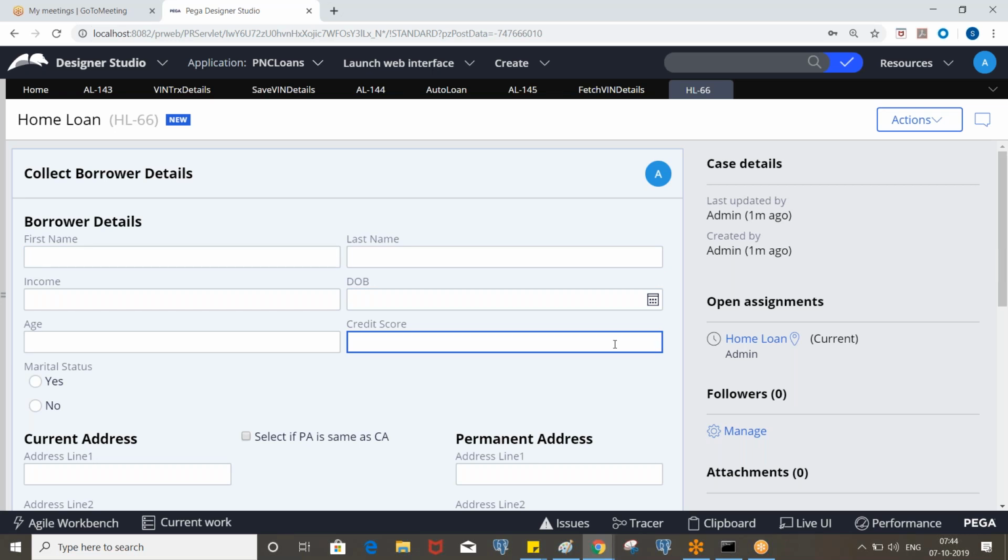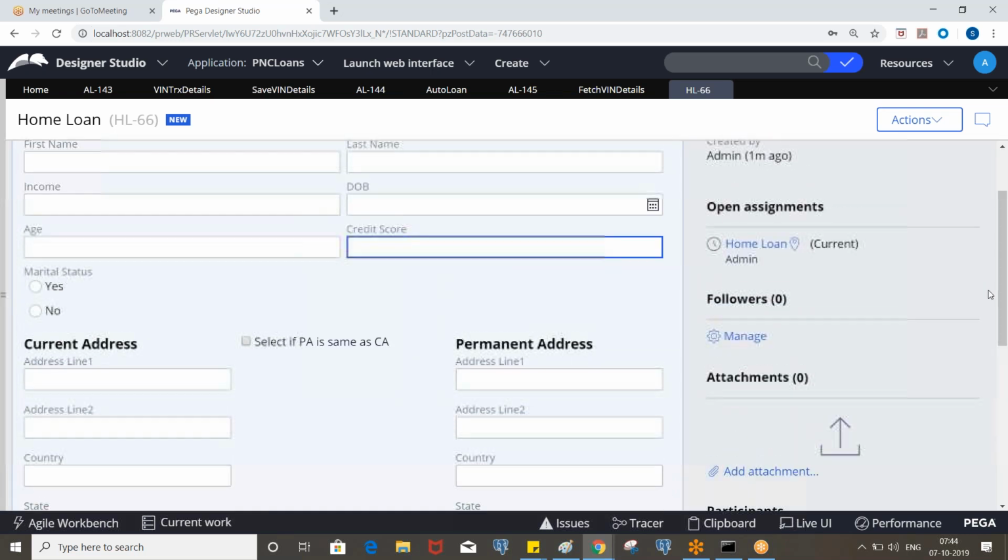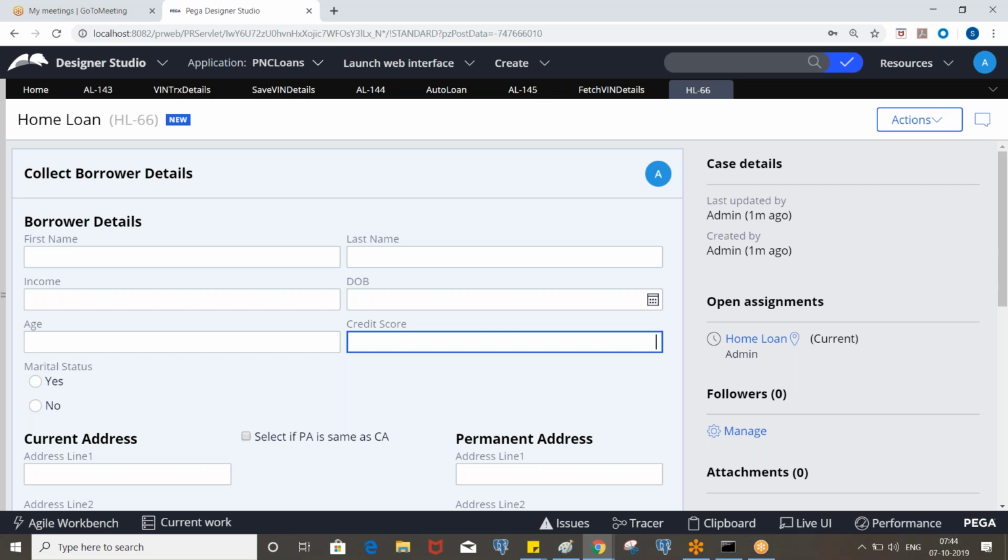If you are trying to put more than 850, again it has to throw an error, right? And the remaining details, like address details, are also mandatory, so you can make these fields mandatory, right? So we'll do one by one.